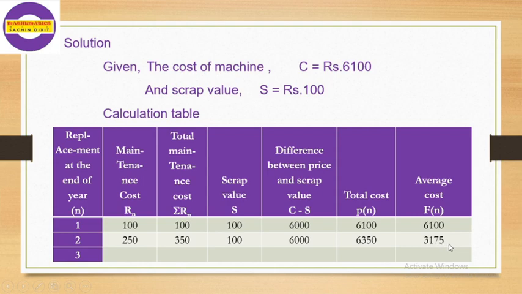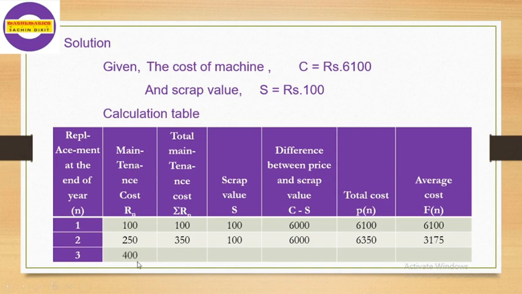3,175. For your simplification, you may keep your calculator and calculate simultaneously as we discuss this problem, so that you get a full clear idea and you can check whether these figures are correct or not. With a calculator, your calculation will be simple. Now we come to the third row. We know that the maintenance cost for the